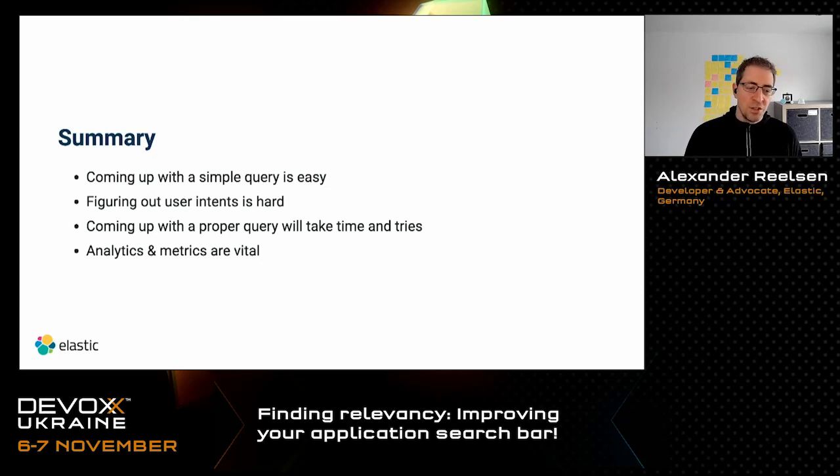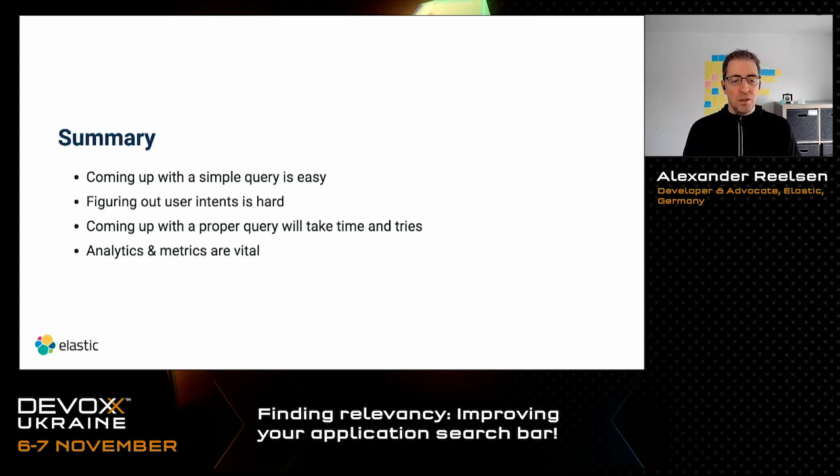And just as I mentioned, analytics and metrics are vital, right? If you just have users querying your search engine, it's going to be really hard to figure out what was my user's intent? Was the user's intent satisfied? Of course, if you're an e-commerce shop, you have secondary metrics deciding about that. Think about the conversion rate. If you improve your search and your conversion rate goes up 0.5%, you have a direct link. If you did 25 other changes in between as well, the link gets much harder, of course. But at least there's a link that can be connected.